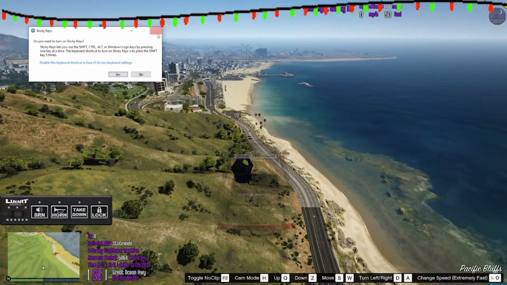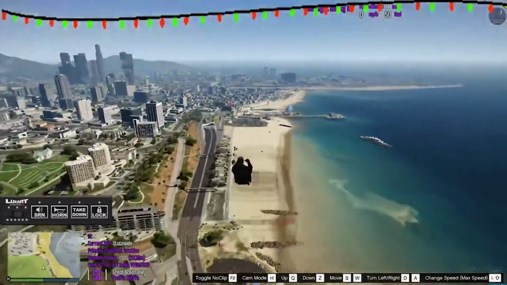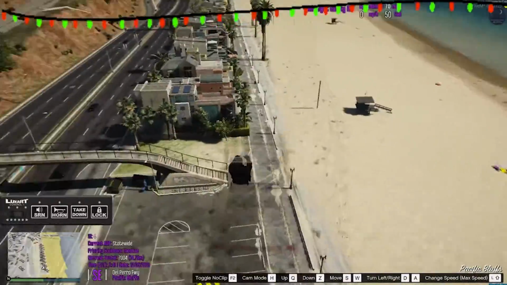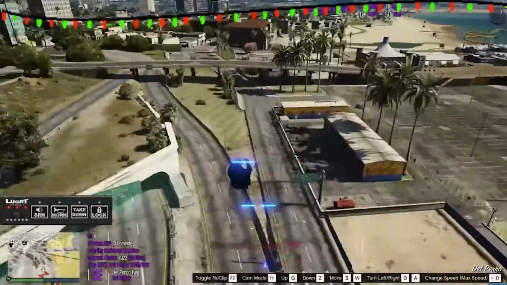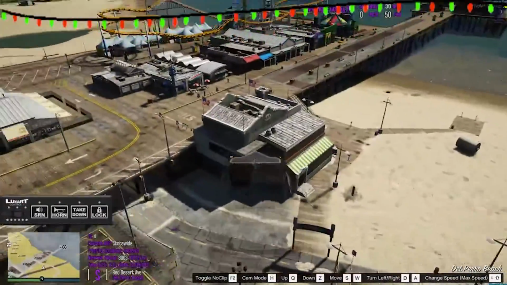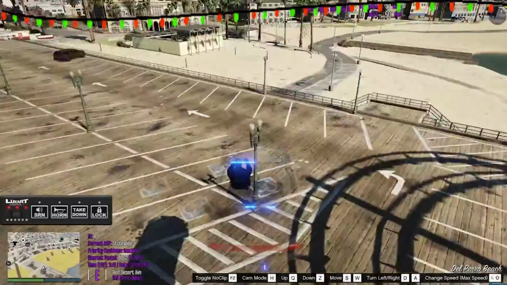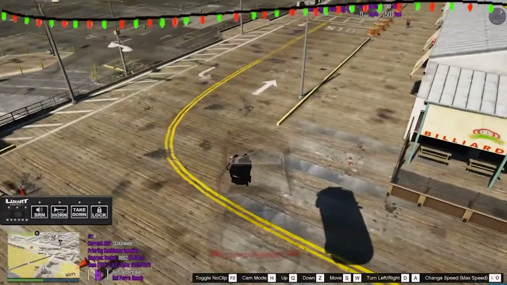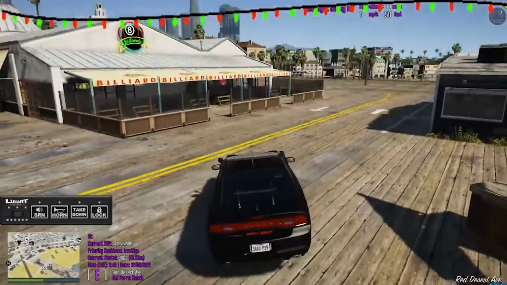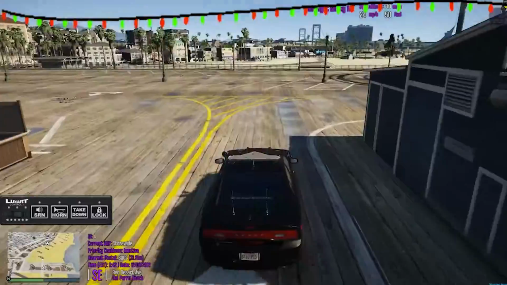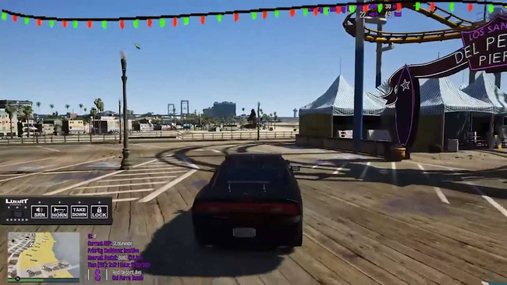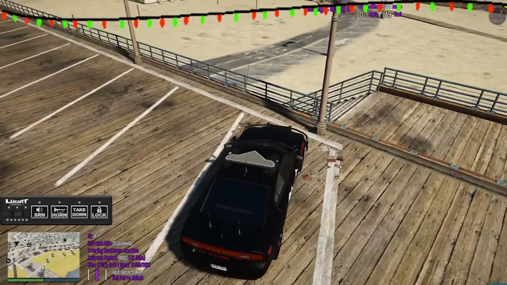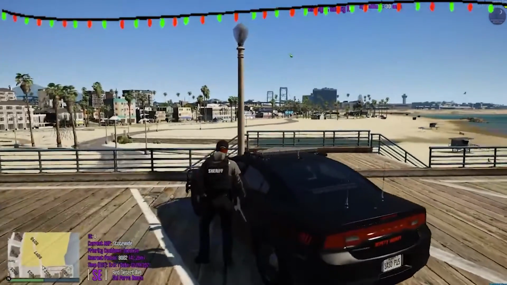Oops, sticky keys. Forgot I was already on max speed, so sticky keys were a thing. I think we'll just go here, right next to Turtle's Bar, and go from there. Let's see here. Alright. I'm gonna leave that there for a bit.